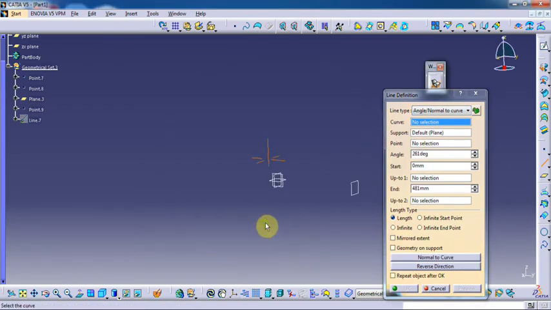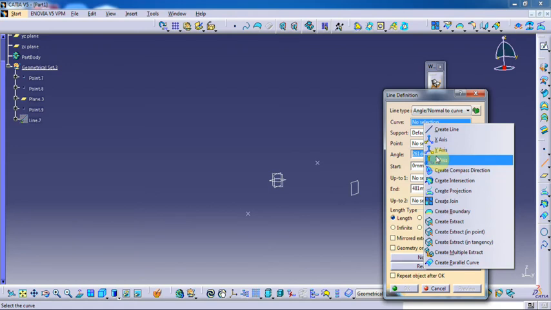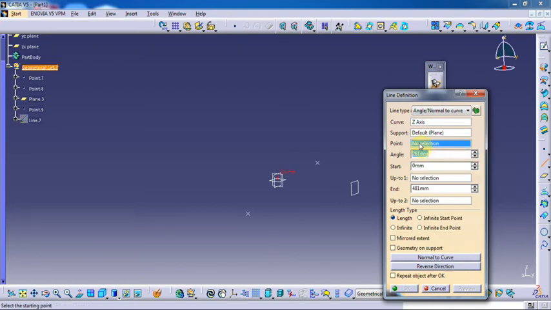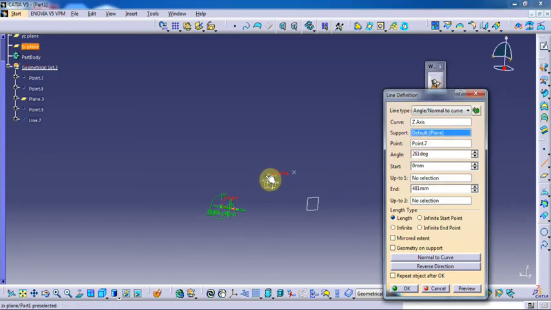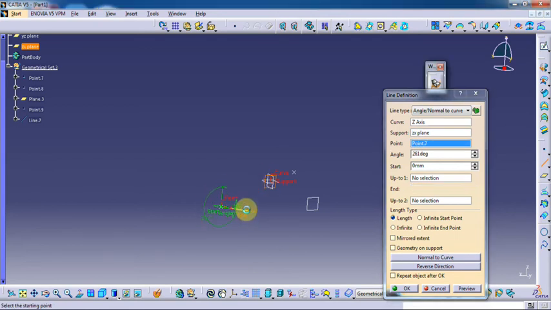And first thing, this asks you about the curve. You can give z-axis for that, and it asks you for point. This is our point. For the supports, it automatically takes some planes. You can choose your plane manually. You can increase the amount of line here. You can make a value right here, and you can change the direction and change the angle of that. Here we have this angle. Okay,